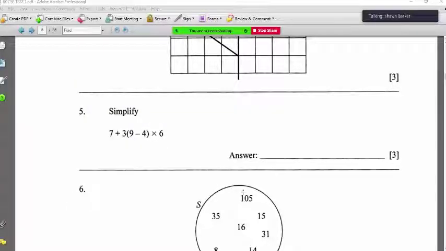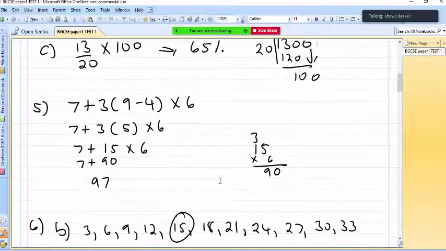So the first thing you would do here is you look and see I have a parenthesis here. The first thing I would do is evaluate that parenthesis. 9 minus 4 gives me 5. Now what I want to do is evaluate my multiplications. But I evaluate it from what? Left to right, right? So therefore I have 5 times 3 gives me 15 right here. So I've completed this operation right here.